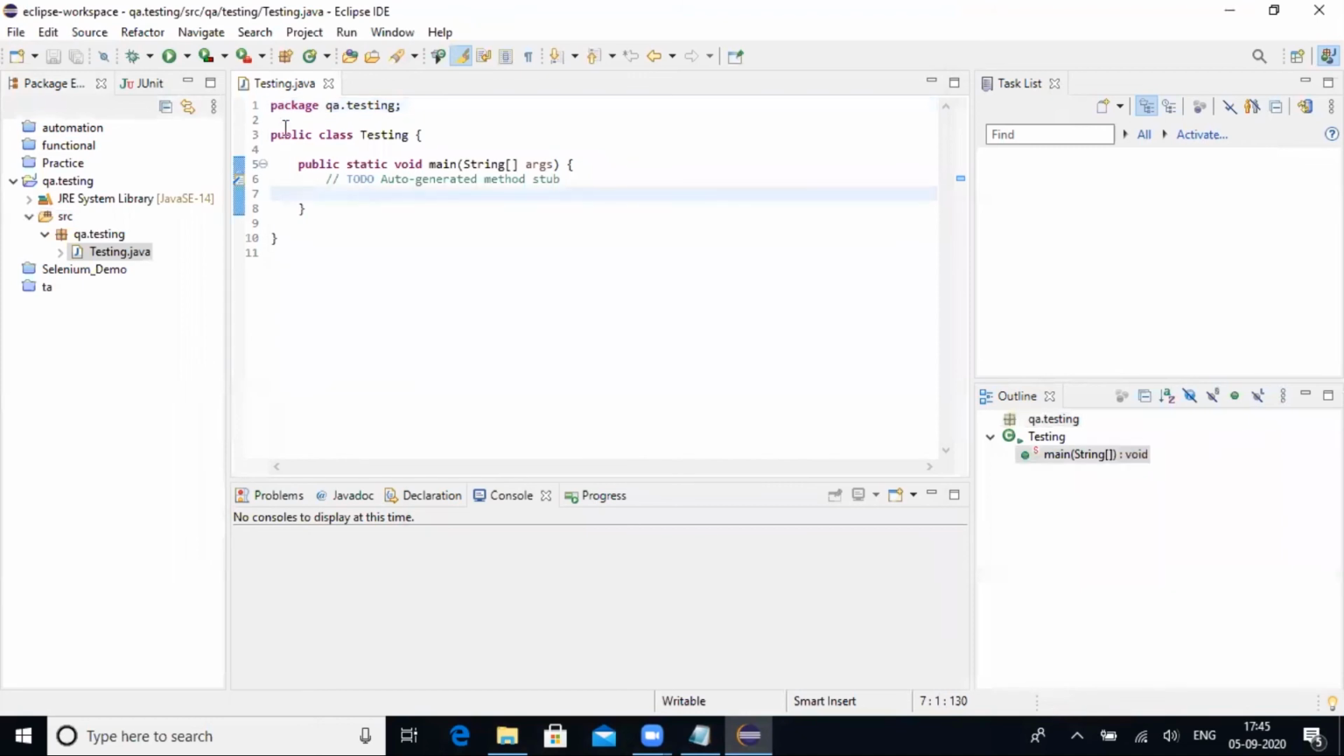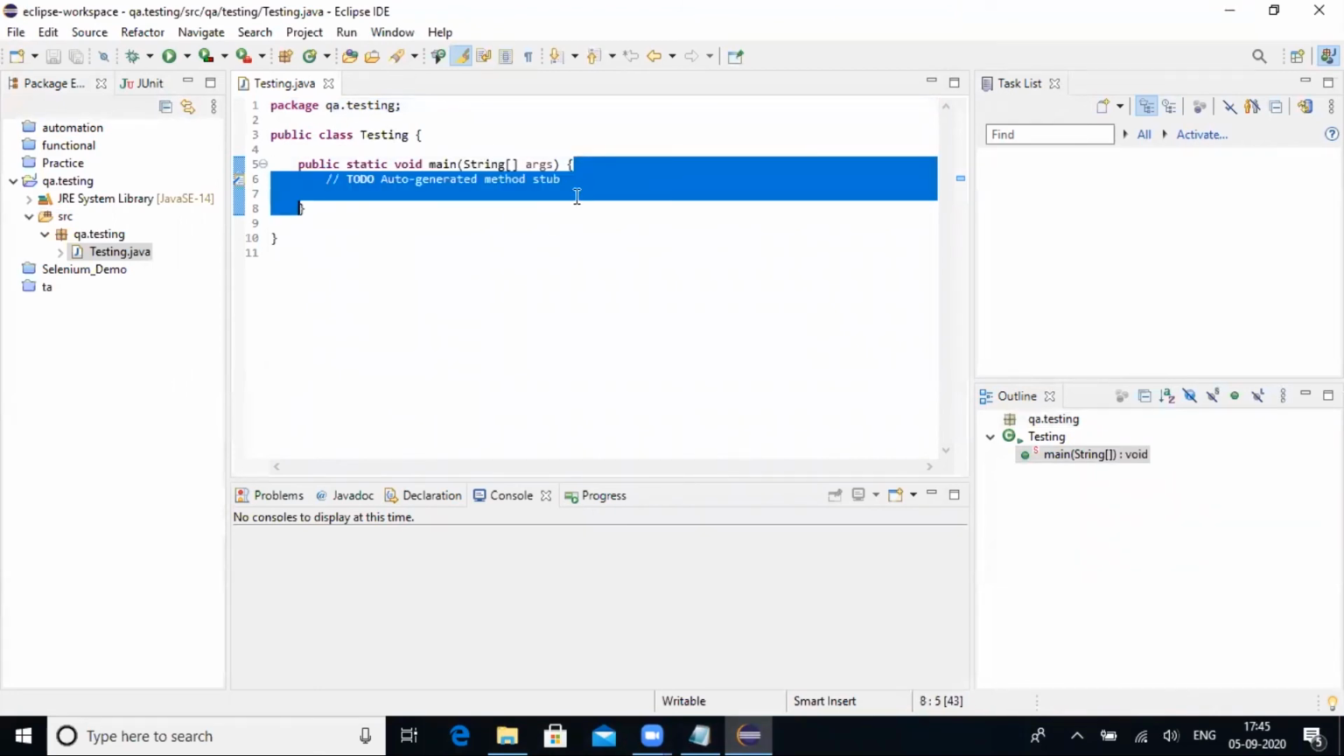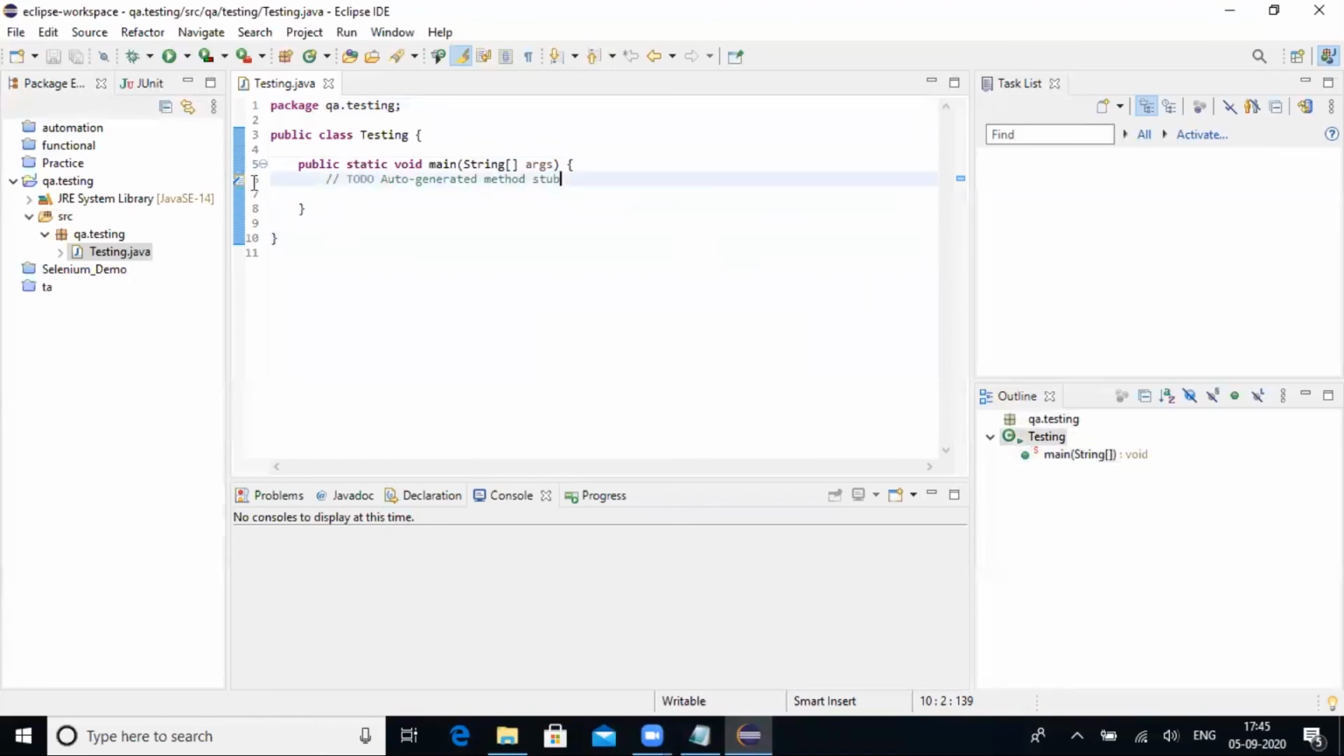So now I got my class created, which is public class testing. Public static void main. I already told you this is the main method. This is the auto generated method stuff. So now I'm going to print something. So what is a print method that is there inside this class called